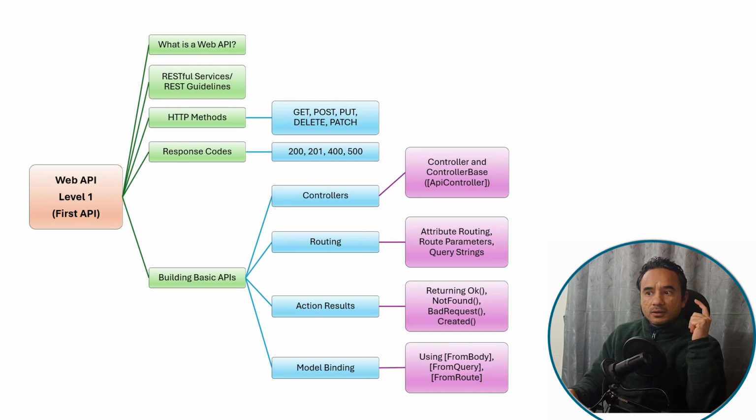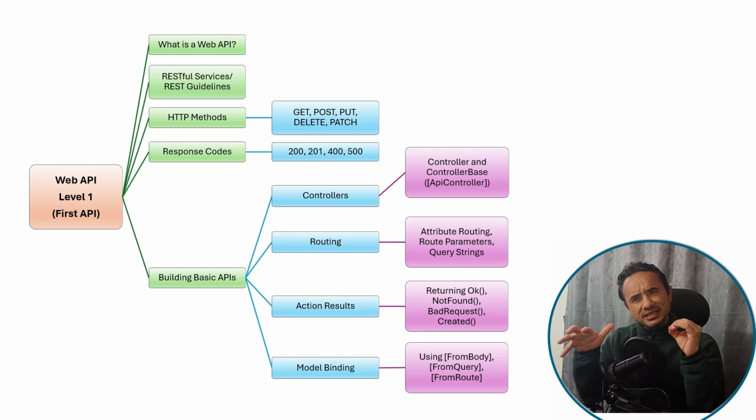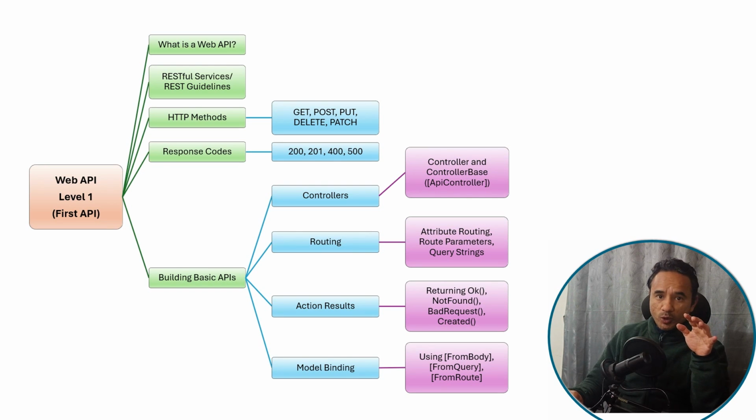Alright, so that is Web API level 1, and with this information you can create a simple basic Web API with a single controller, single endpoint, and you can return some data. Here, from interview point of view, HTTP methods and routing related questions are often asked in interviews. Now let's go to